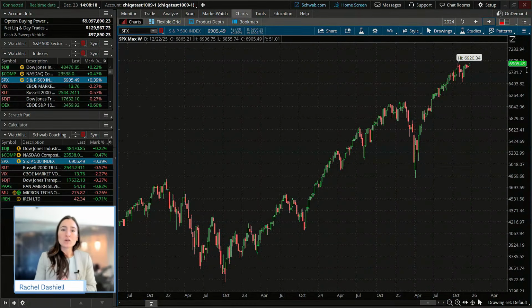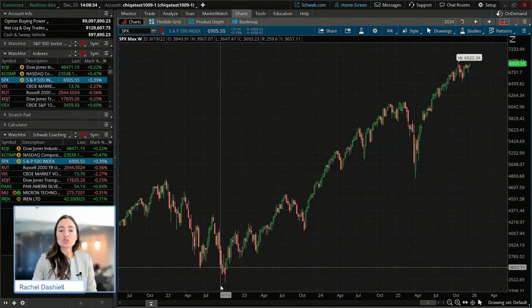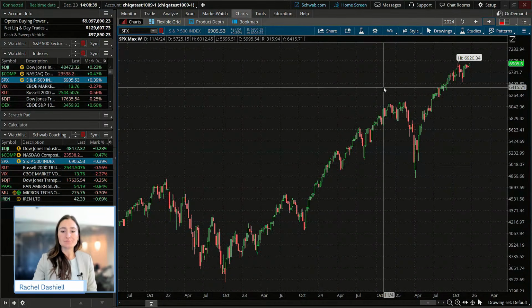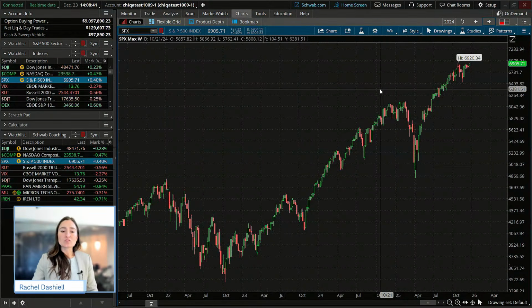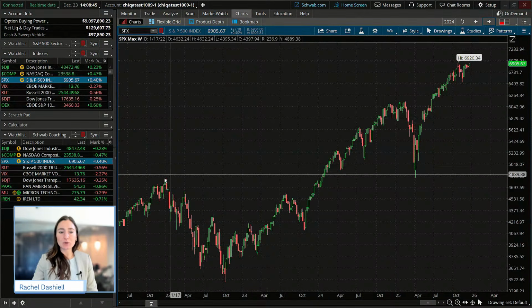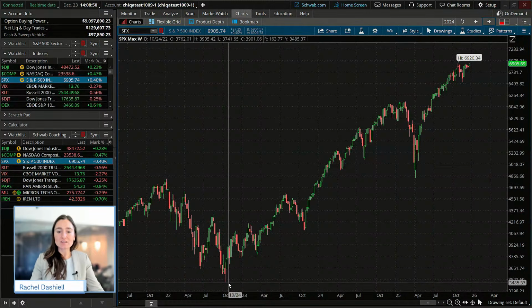So one of the number one rules with the Fibonacci retracements is if you're going to look for levels of resistance to the upside, what you want to do is start your drawing from a recent high to a recent low, and that's going to give you the resistance levels to the upside. Now, that's in a downtrend. So if you have price in a downtrend, that's what you really want to do, is start the drawing at the highs to the lows. I'm going to show you that in just a second here.